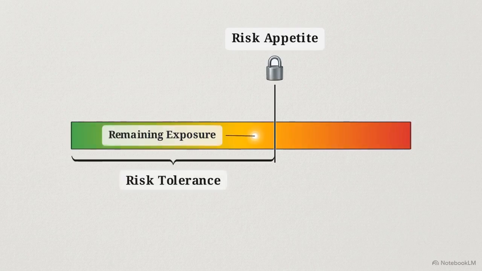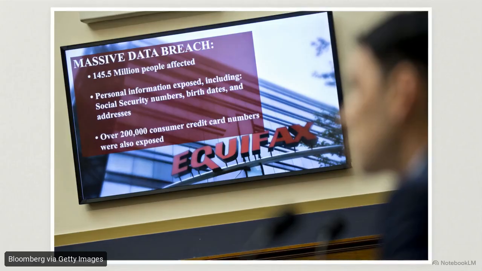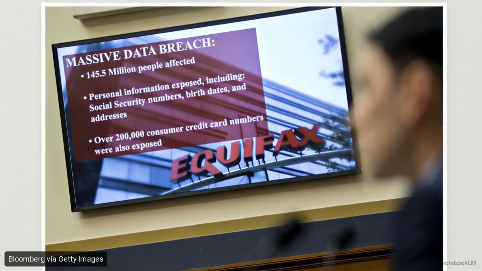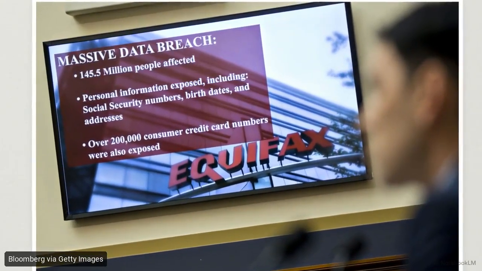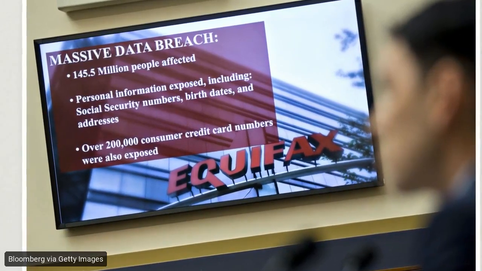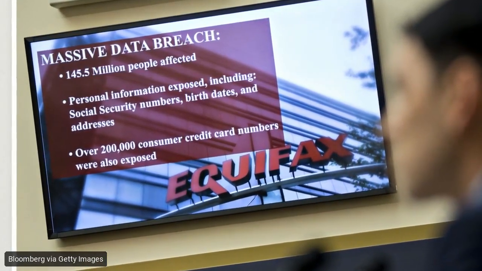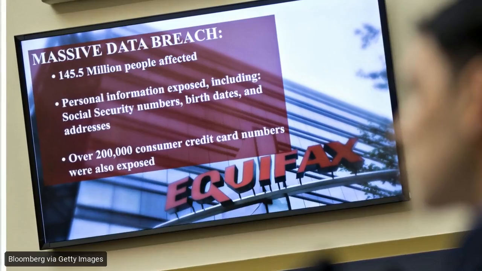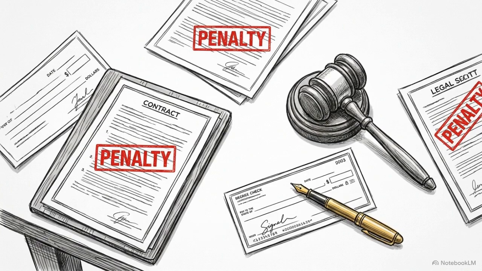Businesses establish a risk appetite to define the broad level of remaining risk they are prepared to absorb in pursuit of their objectives. Once a residual risk is formally accepted, it requires continuous monitoring to ensure it stays within tolerable bounds. The 2017 Equifax data breach resulted from an unmonitored residual software vulnerability that eventually exposed the sensitive personal data of 147 million people. When residual risk materializes into a breach of this scale, organizations face hundreds of millions in